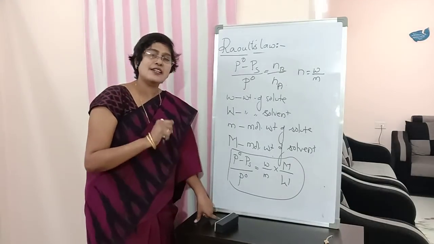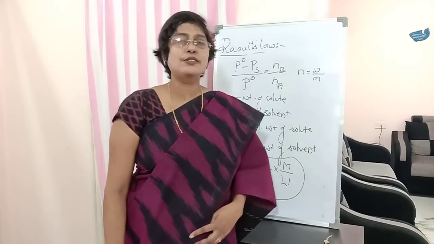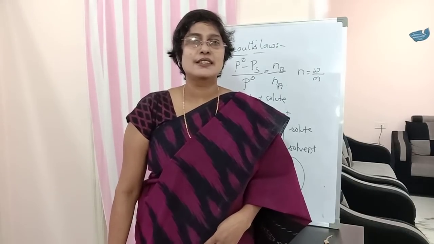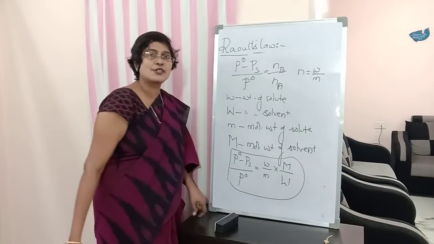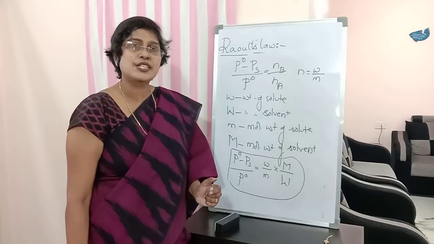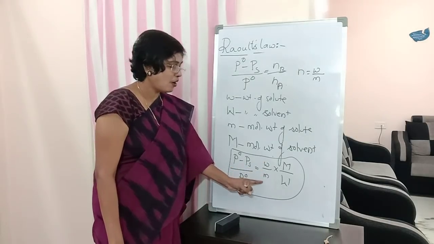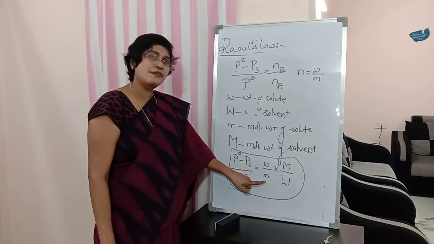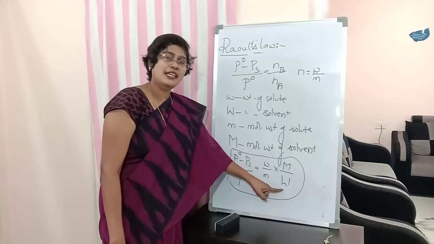Write down, if the relative lowering of vapor pressure of a solution containing a known amount of the solute of unknown molecular weight, that means we do not know the molecular weight of the solute, in a known amount of the solvent, of